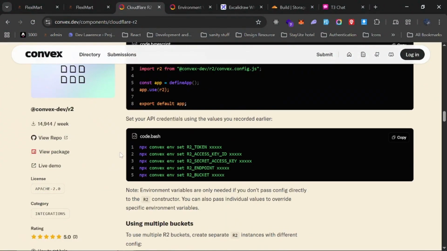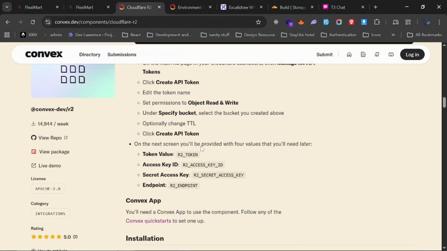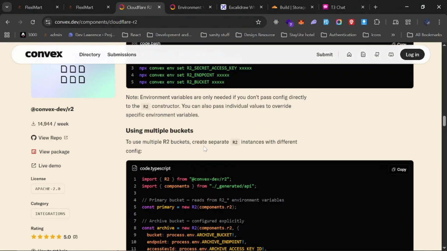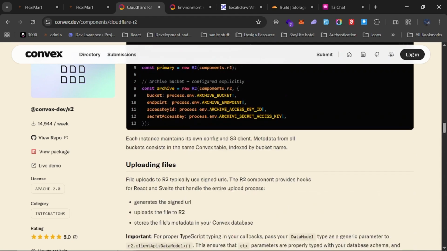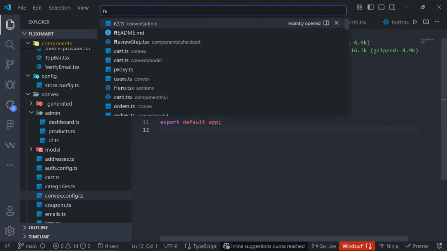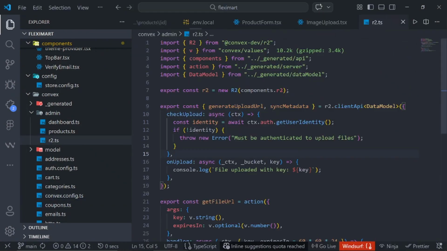Then the next thing to do is to set this all up, which you might have already done following this step right here. This is when you're using multiple buckets, but I think this is where I can now come to my own code. So I created a file called r2.ts, and like I said, I just initialized the R2 component and